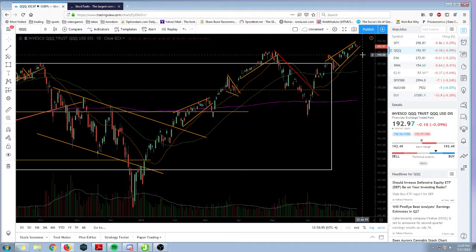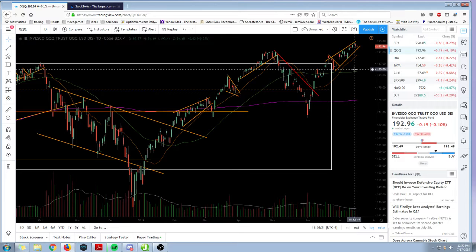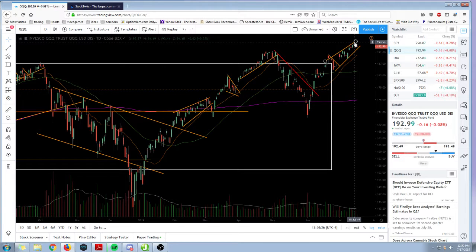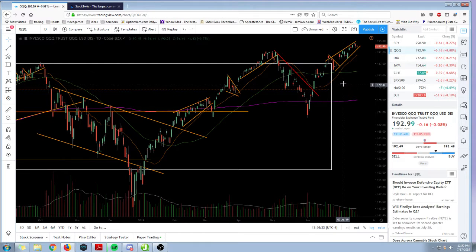I think if we want to short, we want to wait for more signs of impending weakness. So maybe when you see a drop and then when it kind of bounces back up and it ends up being a weaker bounce, then maybe you can start looking at trying to decide whether we're looking at a longer term downturn. But I think at the moment, with the move to new highs, with the strength of the price action over the last few weeks, I don't think shorts are something we want to concern ourselves with,